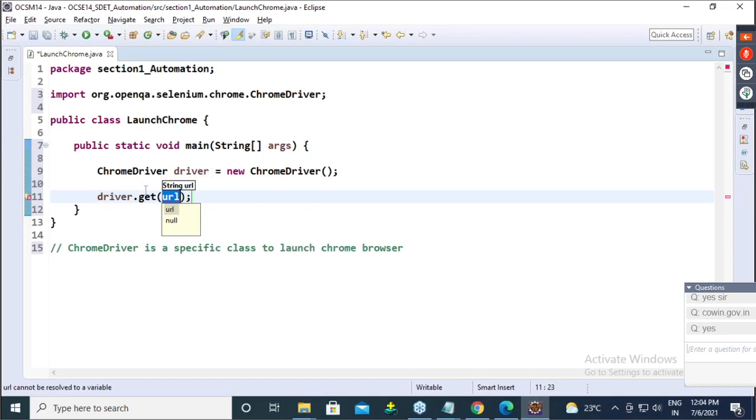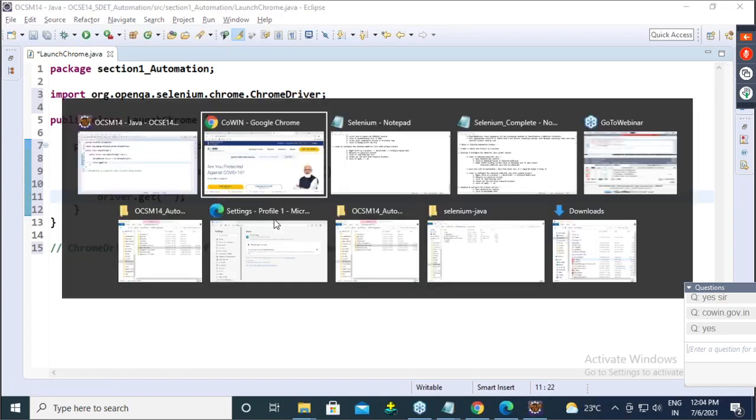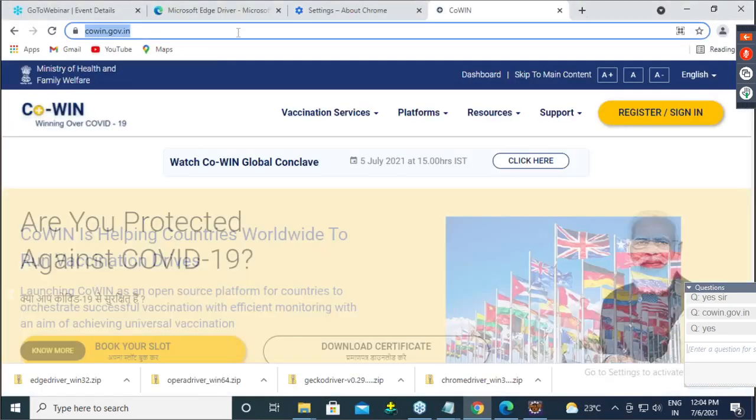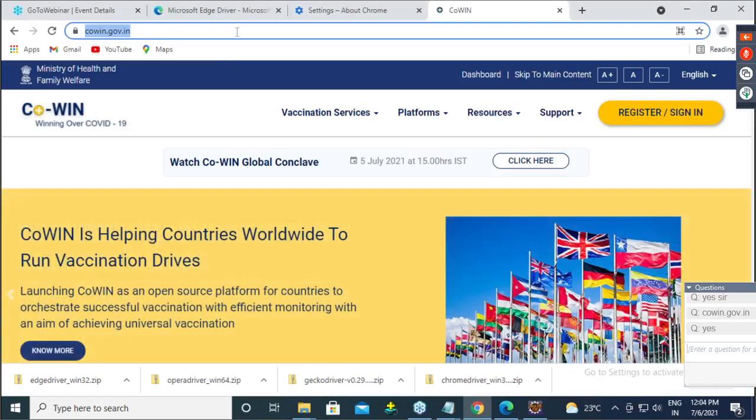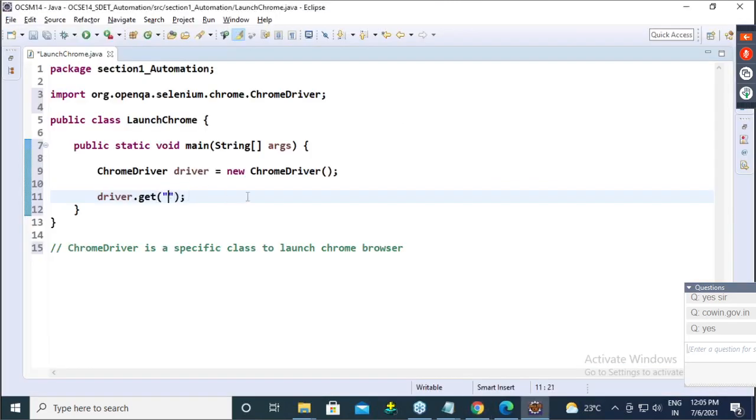ChromeDriver is a reference. So driver, can you please get me this URL? Can you please get me this application? So give your URL here. Copy this URL. Paste. Guys, is everyone clear up to this?